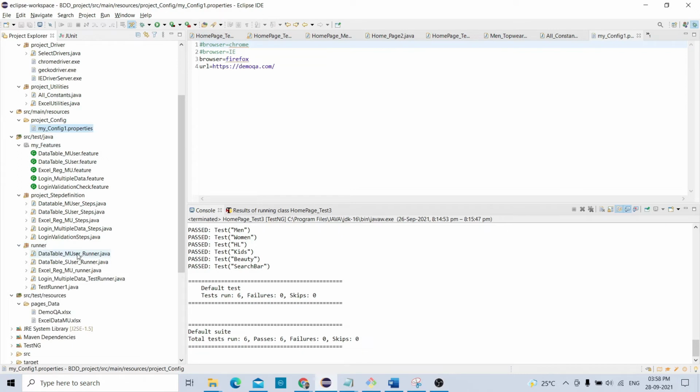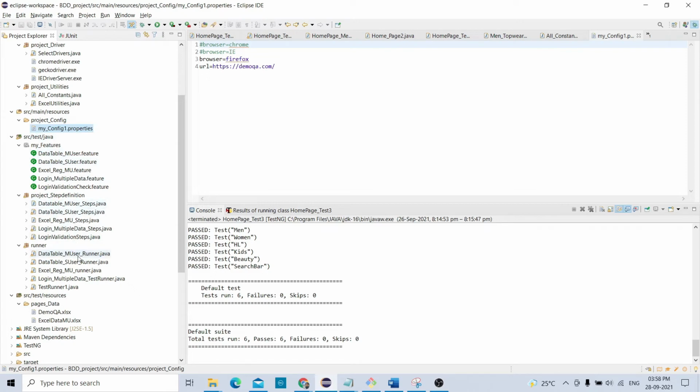Okay, whatever script you want to execute, you can create a file in this and you can execute the script, and this will be responsible to execute the script. So in this file, what we normally store is the location from where we have to pick up the feature file and step definition file.